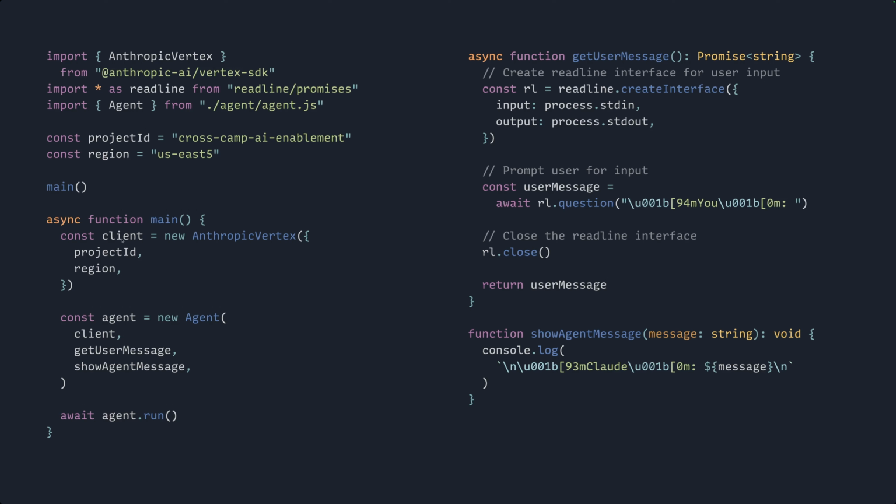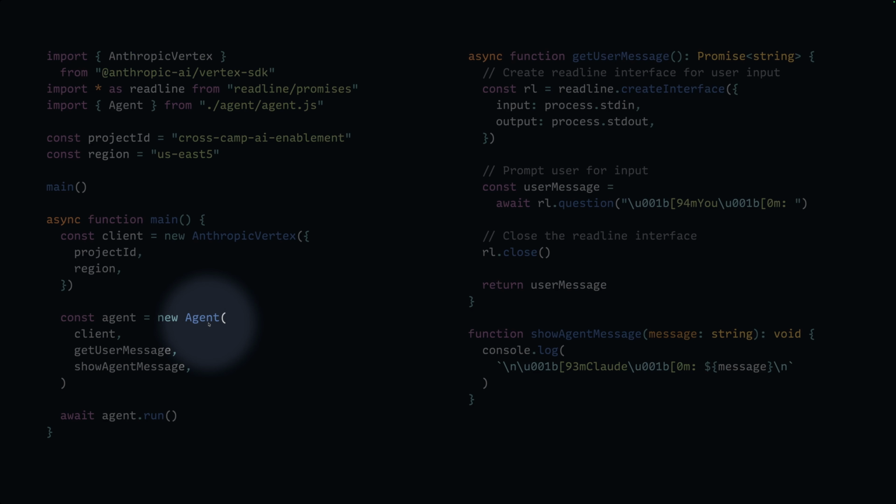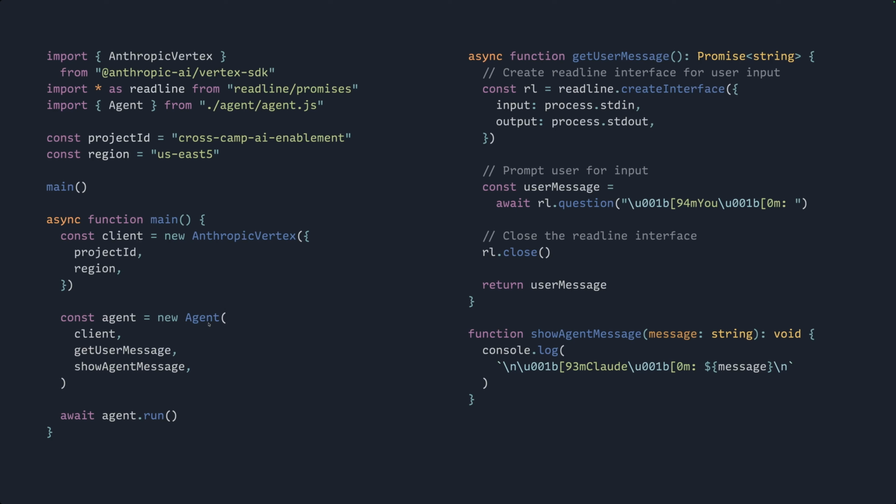But basically, I have created a connection to the Anthropic LLM model here as a client, and then I pass that client along with 2 other things to this agent object or class. This is a class that we are going to create. It is the body of our program, and we are going to instantiate that class. And then on the resulting agent object, we are going to call the run method.